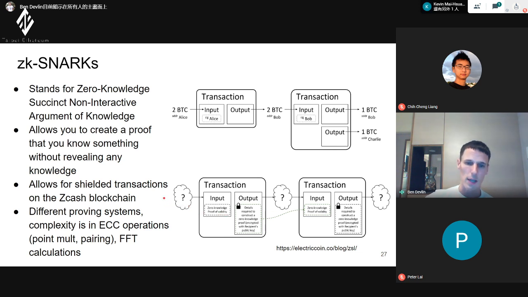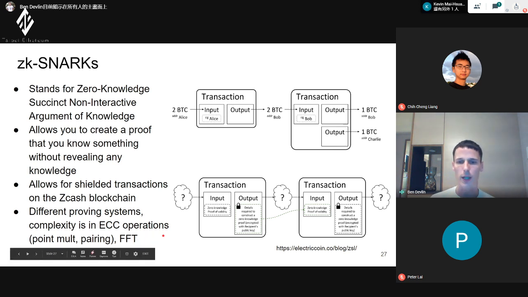But the disadvantage is that instead of just doing point multiplications, now it's a little bit more complex. There are different sides. We have the proving side where we're creating the proof, and the verification side. We decided to focus more on the verification side. In verification, every node, when it downloads the blockchain history, has to verify, right? What it's doing is point multiplications and pairings, which is a bit more complex ECC. There are also FFTs, but this is done on the proving side, so we haven't looked at this in this project.